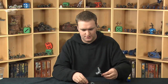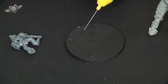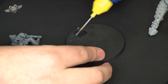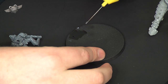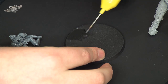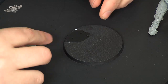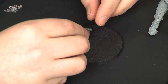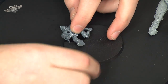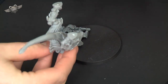So our next step then is to glue our marine down. So on the base, I'm going to get as much glue as I can and just spread it out along the base. There's not going to be a lot of opportunity for this model to actually be in contact with the base. So if we place him about there, sort of hanging off the edge of the base a little bit, we'll then take the Fex's legs